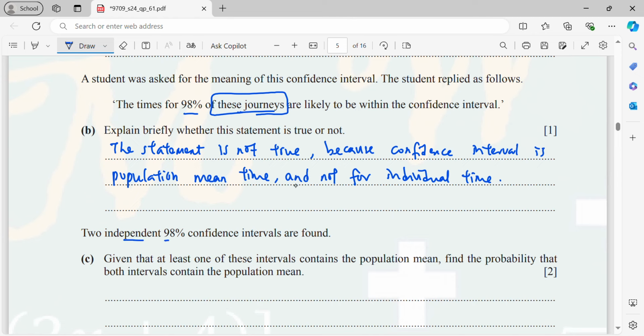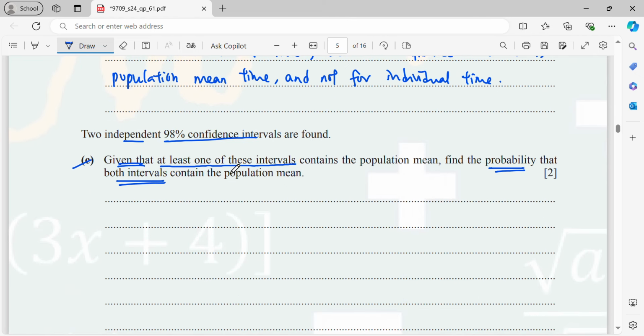Now, two independent 98% confidence intervals are found. C, given that at least one of the intervals contains the population mean, find the probability that both intervals contain the population mean. So here you have one condition and you need to find the probability of another case, another condition. That means this is the conditional probability, right? I will write P(two intervals contain the population mean, given that at least one interval),